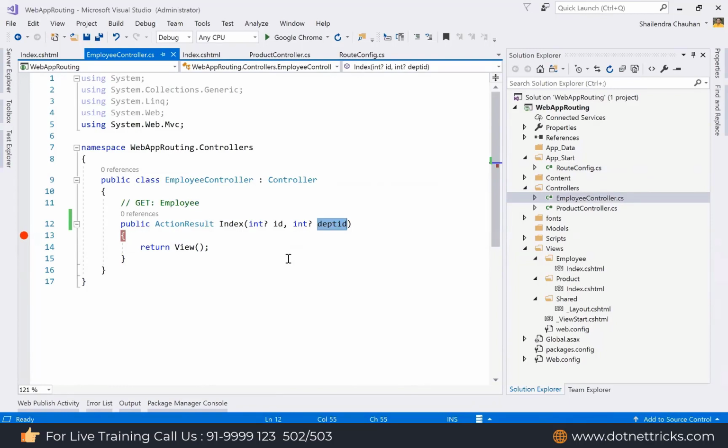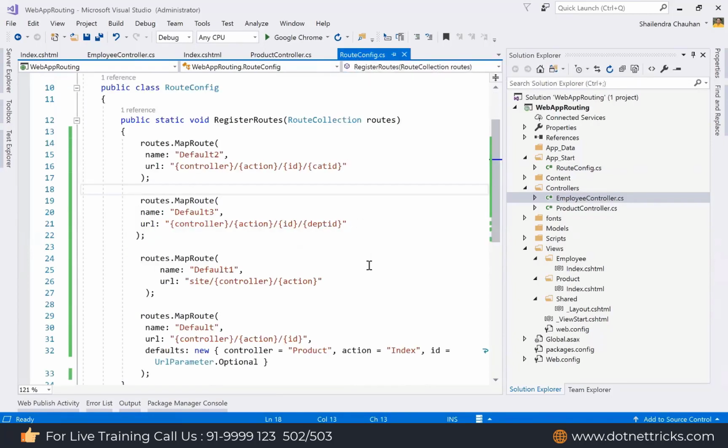So that's why we will always get null as DPT ID, because this page is going to be served as per the default route. As I said, in case of a catch block, if your similar catch block is at the top level, only that catch block will be executed, and the further catch blocks will not be executed.